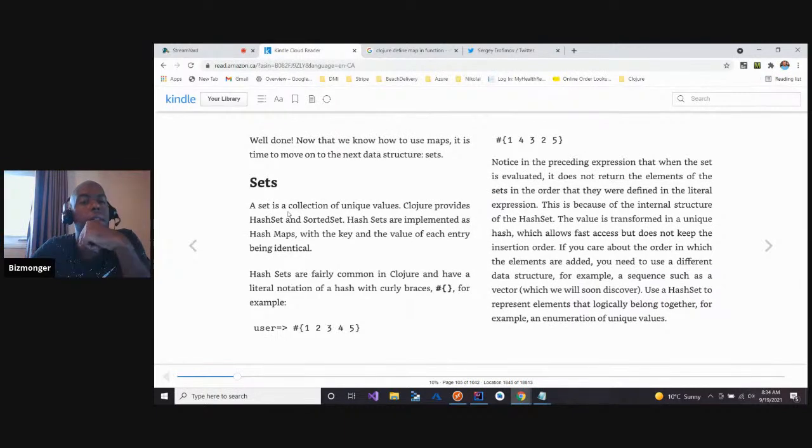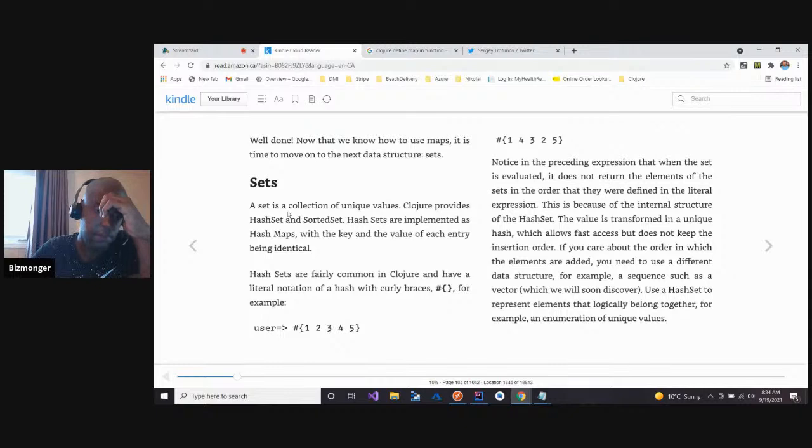A set is a collection of unique values. Clojure provides hash set and sorted set. Hash sets are implemented as hash maps, with the key and the value of each entry being identical. Hash sets are fairly common in Clojure and have a literal notation of a hash with curly braces.